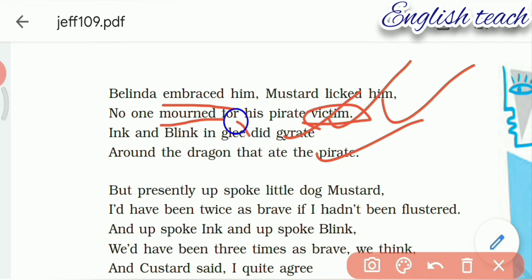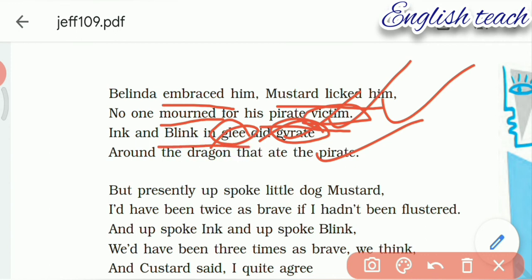Glee meaning is delight. Gyrate meaning is danced. So in this paragraph, the author says that when the pirate was dead, Belinda hugged the dragon and Mustard licked him. No one was sad for the death of the pirate. They all were happy. Both Ink and Blink were running around the dragon